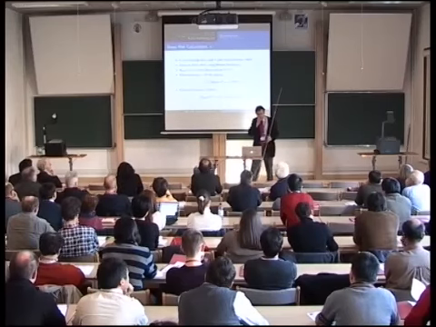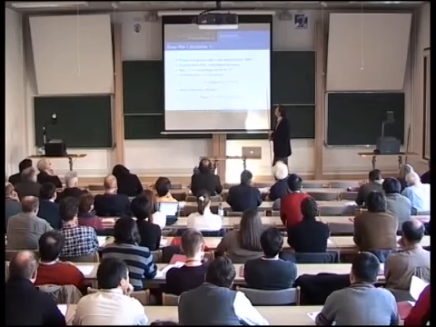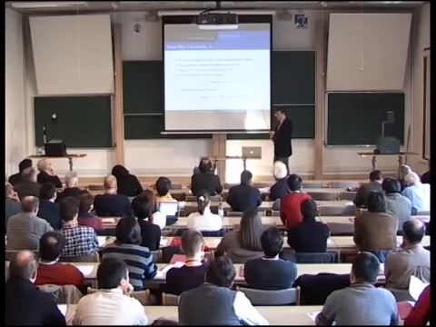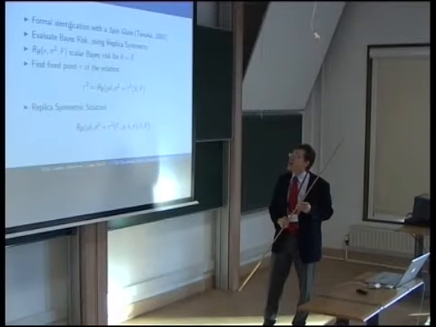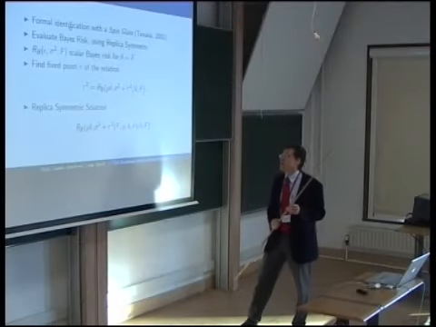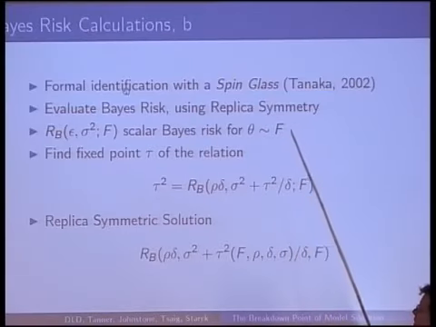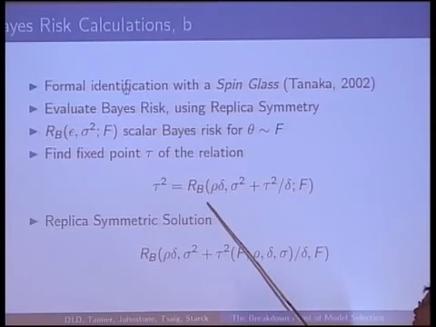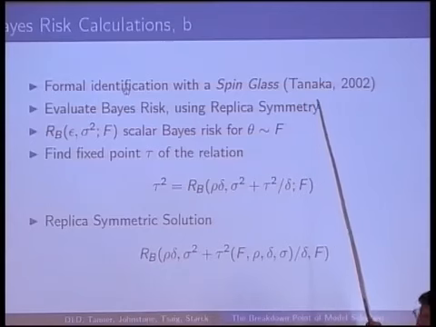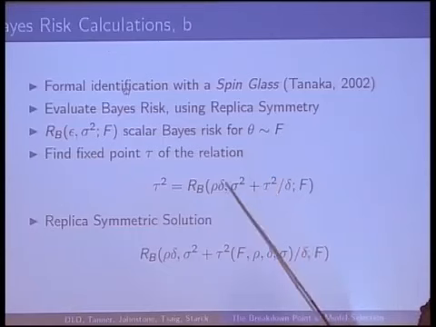There's a trick out of the theory of spin glasses which lets you evaluate the Bayes risk using a heuristic or an assumption called replica symmetry. If you work it out and then work really hard to re-express it in an intelligent form, you work it out in the way that it's written in a spin glass text, you won't understand it this way at all.